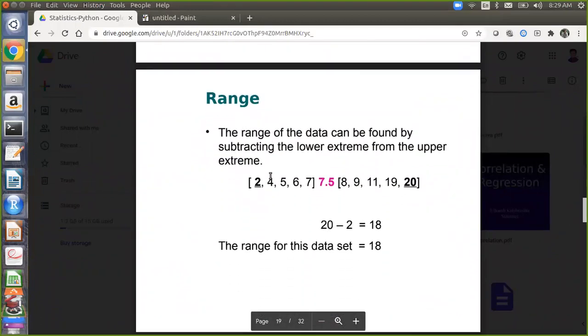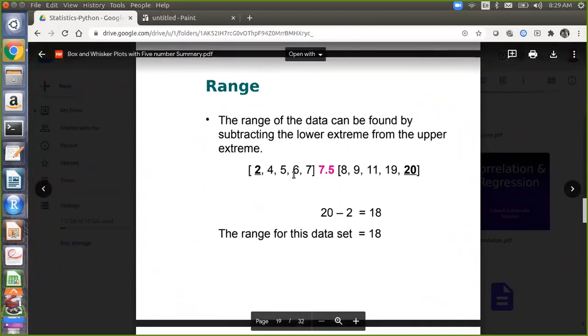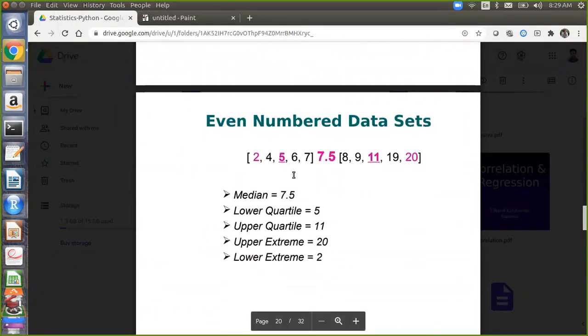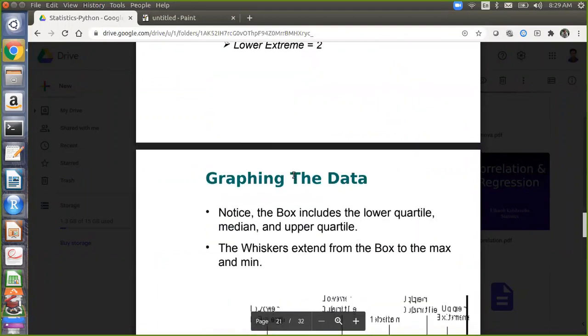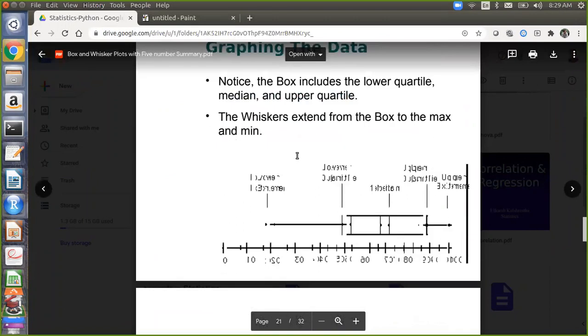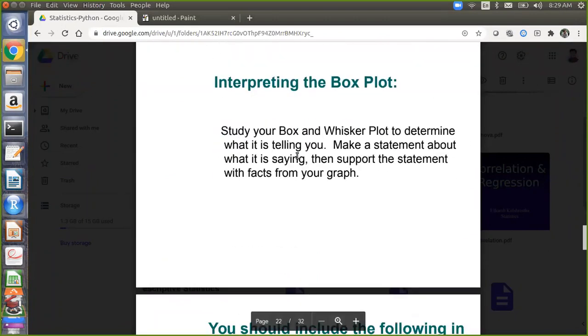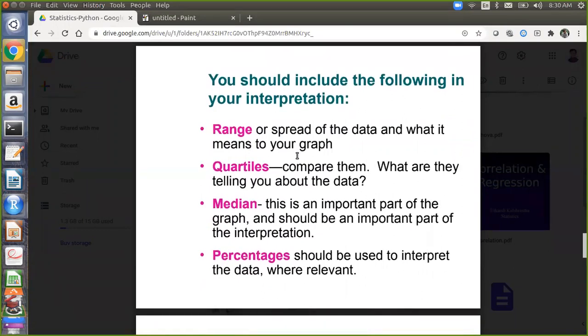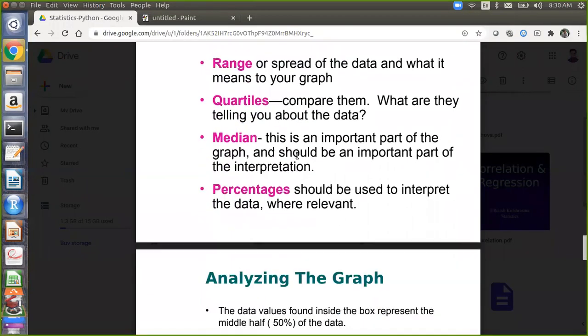Similarly, here I have given the range function. So what is range function? This you can study. It is maximum minus minimum. Then first it is calculating for an even number data set the 5-number summary, which we already understood. This is the graphical representation, and these are again definitions. So all these things we have discussed.